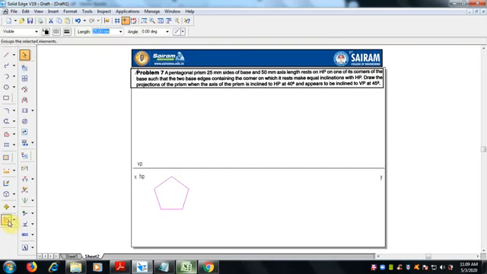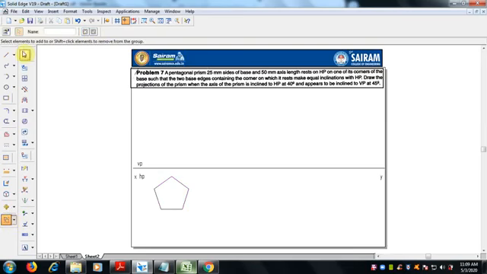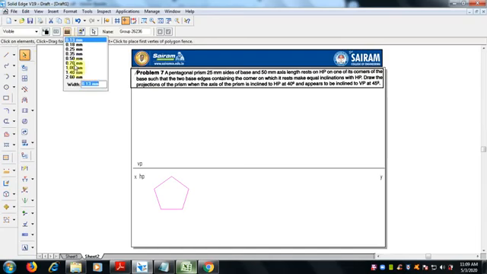Okay, so if you go see, each entity is individual, so select all the entities, make it a group. Here click the tick mark. Now we can see it fully selected. So make it 0.5 mm thickness.